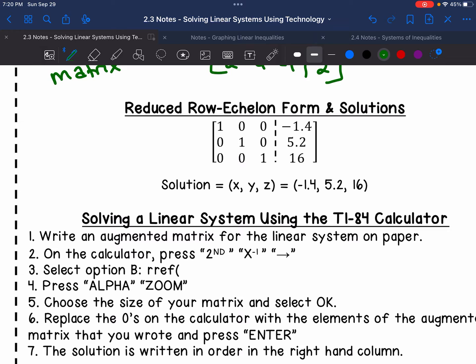What we're going to do with the calculator is we're going to ask the calculator to find something called the reduced row echelon form. And so we talked about Gaussian elimination back when we were going over the elimination method. And with Gaussian elimination, that was when we wanted our equations to be staggered diagonally, right? Gaussian elimination is something that's kind of used to make reduced row echelon form. In reduced row echelon form, we want the numbers on the diagonal on the left-hand side of that line to be ones and everything else to be zeros,